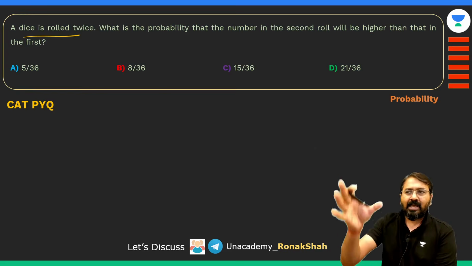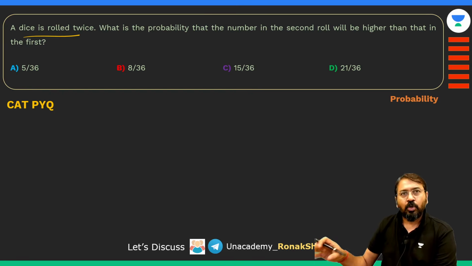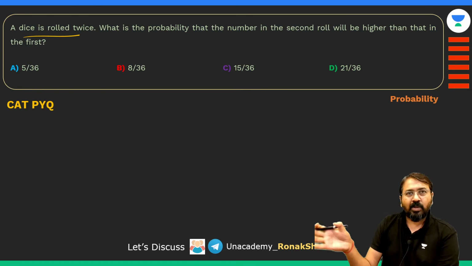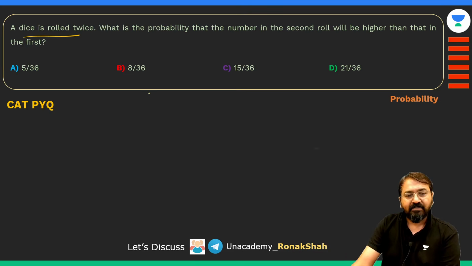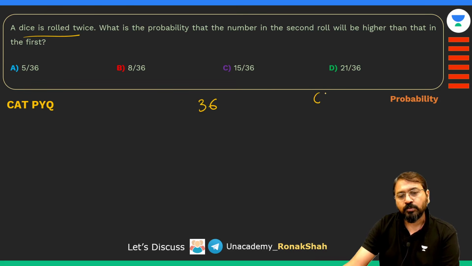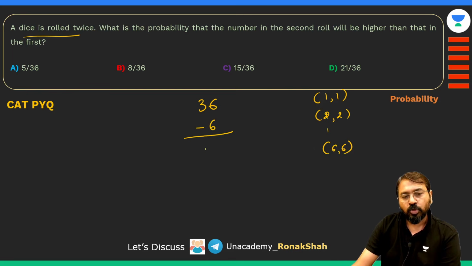अब एक तरीका है कि आप नॉर्मल सारा चेक करो और देखो कहाँ पे ज्यादा हो रहा है, कैसे कम हो रहा है। दूसरा तरीका है थोड़ा स्मार्ट तरीके से सोचते हैं, जब मैं दो डाइस को रोल करता हूं या एक ही डाइस को दो बार रोल करता हूं, टोटल आउटकम्स विल बी 36। और इन 36 में से 6 आउटकम्स कौन से हो गए जिसमें दोनों इक्वल हैं, 1 1, 2 2, ये सारे अप टू 6 6। तो मैं ये 6 आउटकम हटा देता हूं, तो बचे कितने, 30 आउटकम्स बचे।